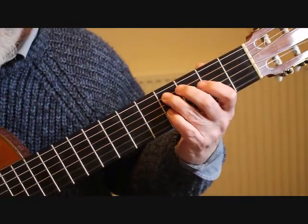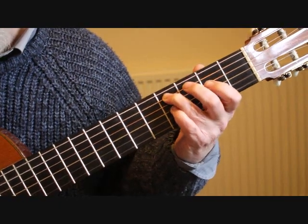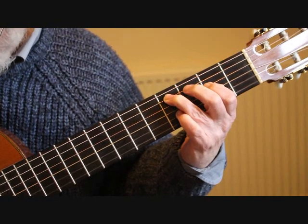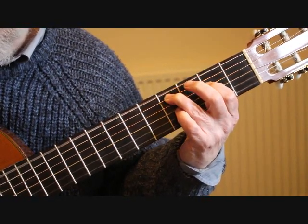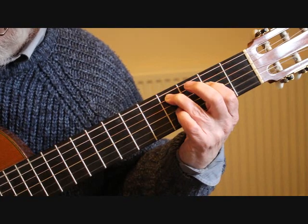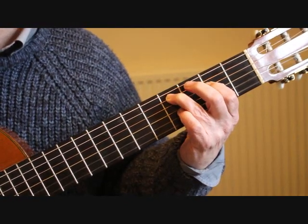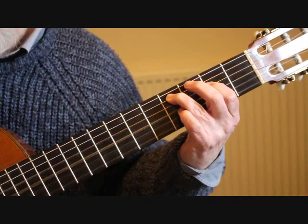So this time we've got the 3rd finger on the C sharp 5th string 4th fret and the 1st finger on the 4th string 2nd fret E. We're staggering the bass note and the C sharp, and we're playing the 4th, 3rd and 2nd strings, then the first 3 strings back. So that's